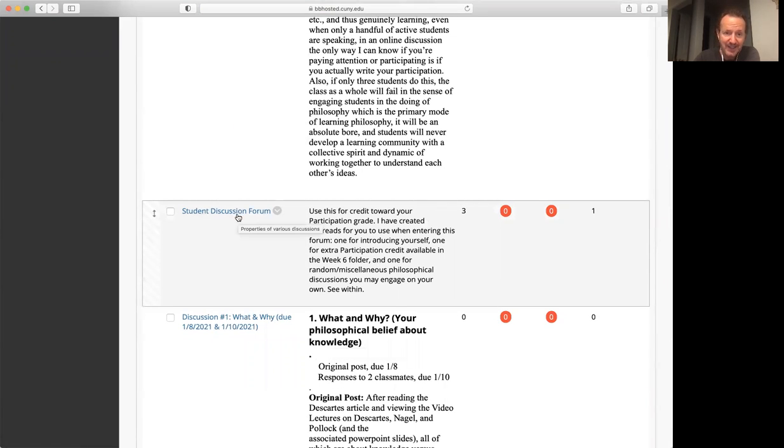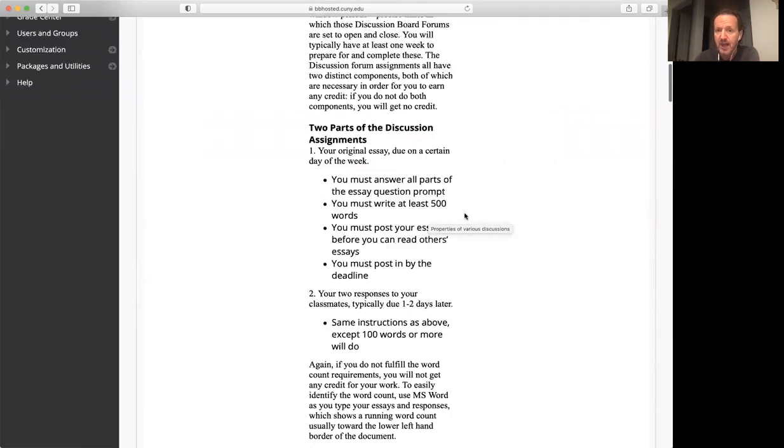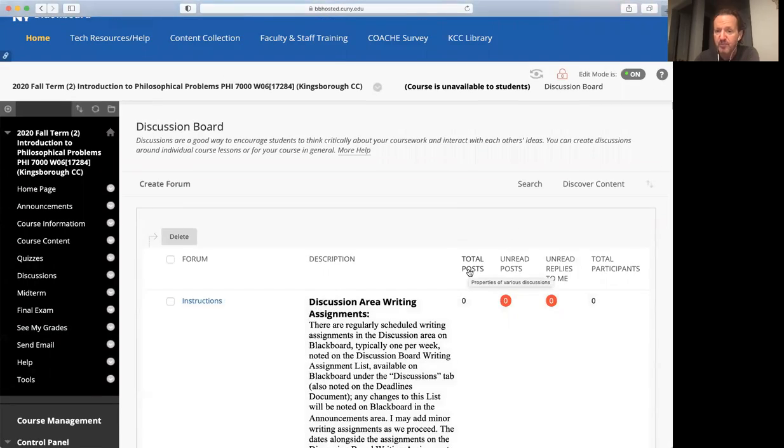So now let me go back to the student thing because that's where your extra participation credit stuff is, and click on here. See this number here, 3? There are columns up on top. I have to go all the way up. Total posts, unread posts, unread replies to me, etc. So yours looks similar to that. So you can just look at a post and see how many, like when you've done your first post, right? If you're one of the first students to do it, you can see that nobody else did it. It'll say total posts 1, that was yours, right? So you wait until it's like 7 or 8 maybe before you read the other ones so that you have some choices to pick from to reply to.